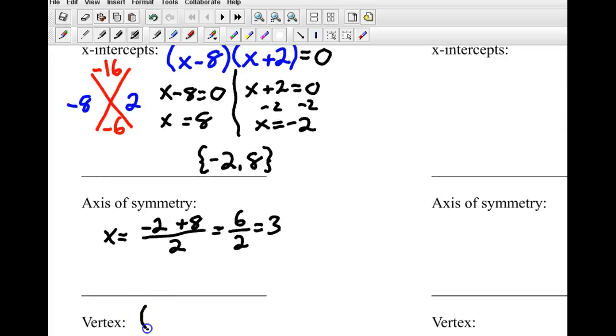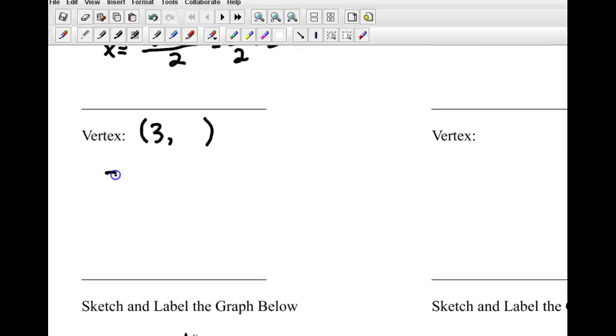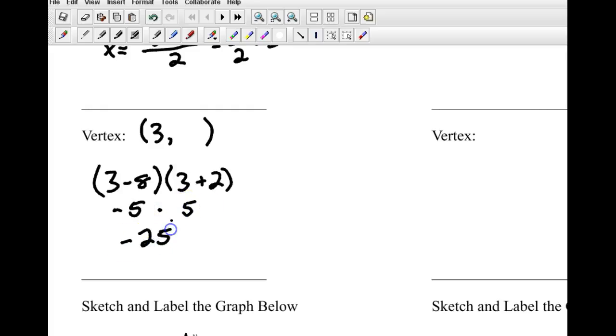And we know that 3 is the x-coordinate of the vertex. So we're going to plug that into our factored form. So I'm going to have 3 minus 8 and 3 plus 2. So 3 minus 8 times 3 plus 2. Negative 5 times positive 5. That equals negative 25. So the numbers here are a little bit bigger. And that's why on the graph,